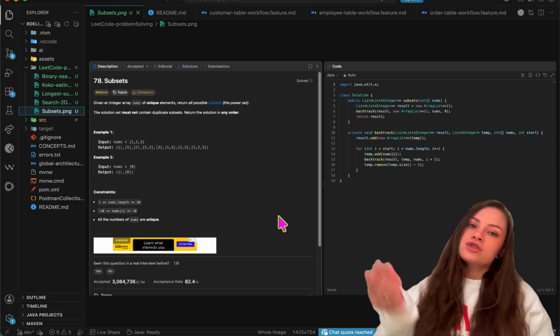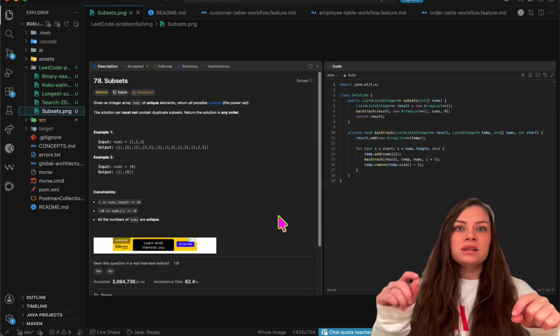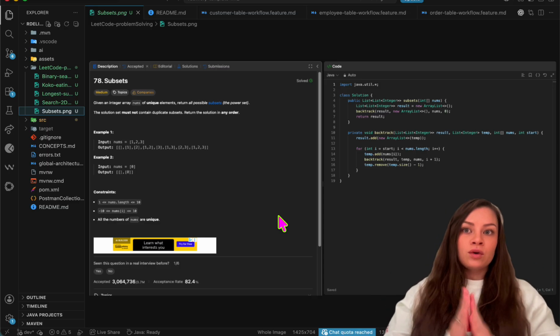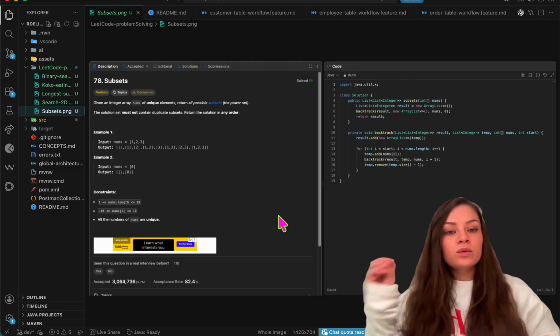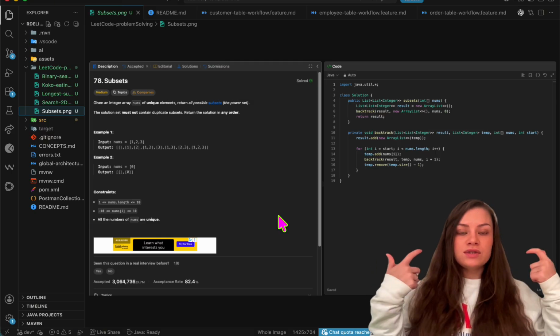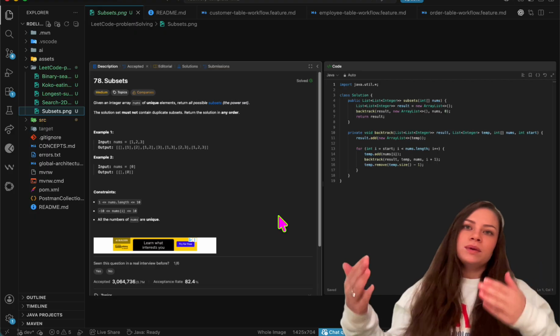Then there's option 2, which is iterative doubling. So with this one, we would start with a list containing just the empty subset. For each number in the array, we take all existing subsets in the list. For each subset, we create a copy and add this number to it. Then we add all these new subsets to my list, and then we continue until I've processed